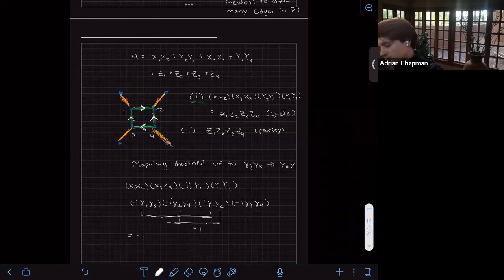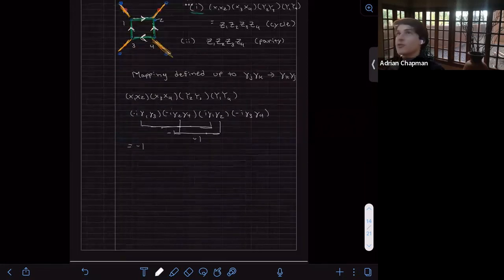And so this is chosen by choosing an orientation on every edge in the graph. And since these operators are the same, in this case, the cycle and parity operator is the same, choosing the -1 orientation restricts us to the -1 eigenspace of parity. And so,